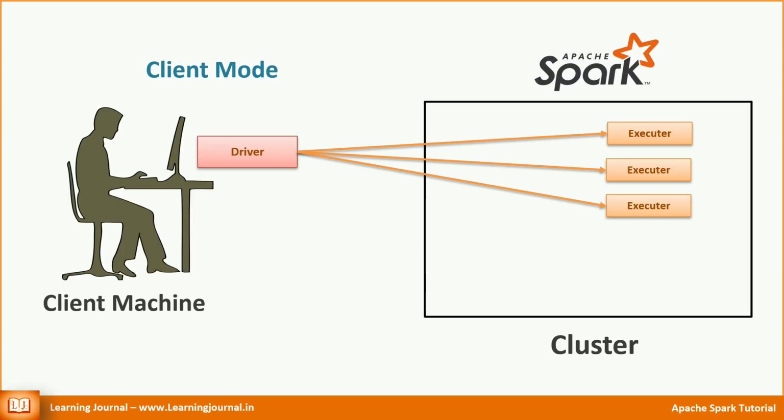And hence, when you start a Spark shell or any other interactive client, you would be using a client mode. So, if you are running a Spark shell, your driver is running locally within the same JVM process. You won't find a separate driver process. It's only the Spark shell, and the driver is embedded within the shell.